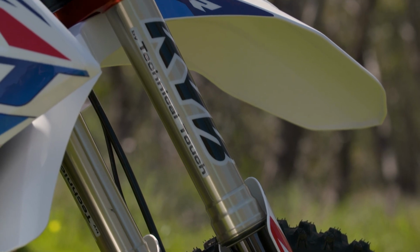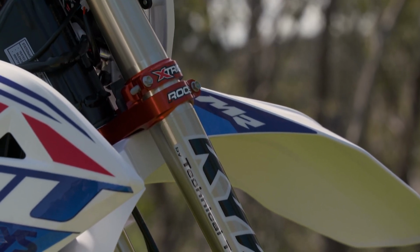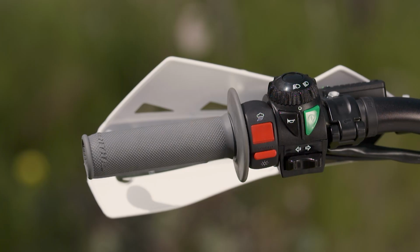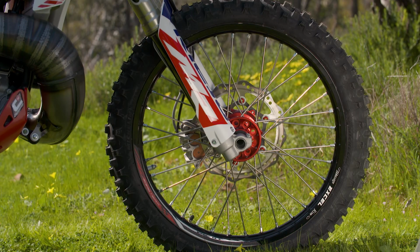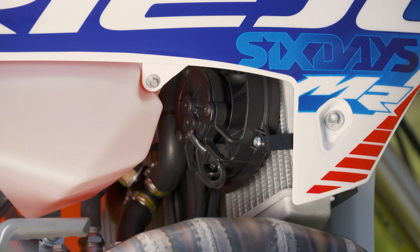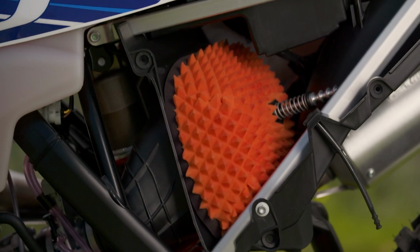The forks have DLC coating. Holding the forks on are the X-Trig rocks, a new oil-cooled starter and a new ignition map, XL wheels with red anodised billet aluminium hubs with heavy-duty spokes, a radiator fan for those tough hill climbs, a funnel web high-capacity